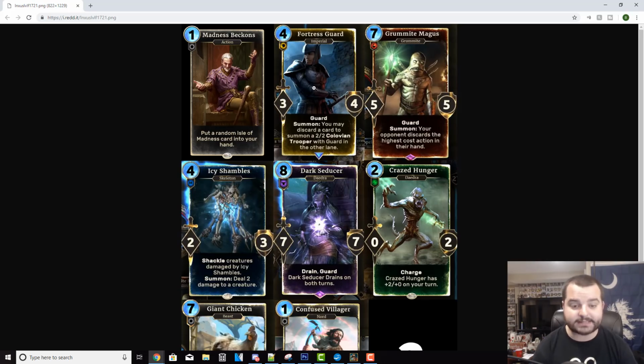The next card is Icy Shambles. I like this card a lot, actually. 4 cost 2/3 obviously is a little bit understated. It is Skeleton Synergy, so we're definitely going to try some Skeleton Sorcerer at some point. But it has the ability Shackle creatures that are damaged by Icy Shambles, and also a summon effect: deal 2 damage to a creature. So this is